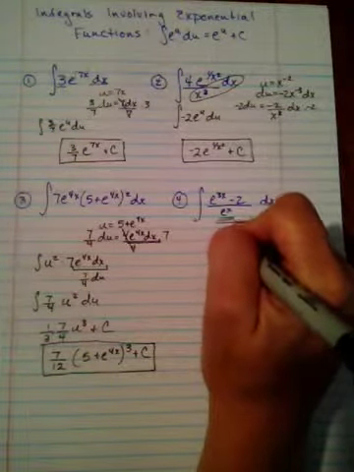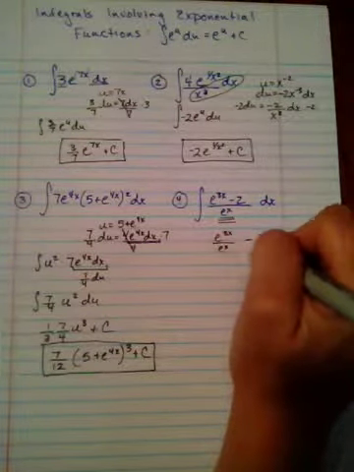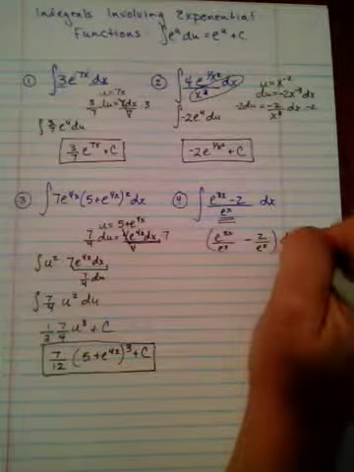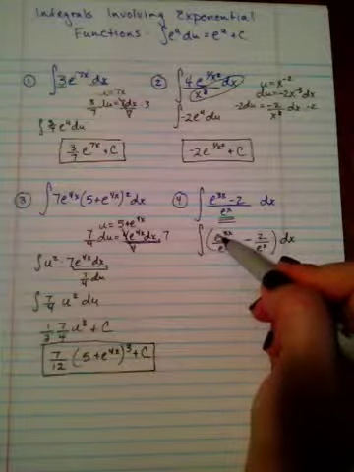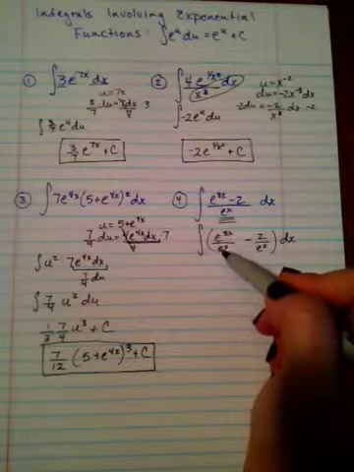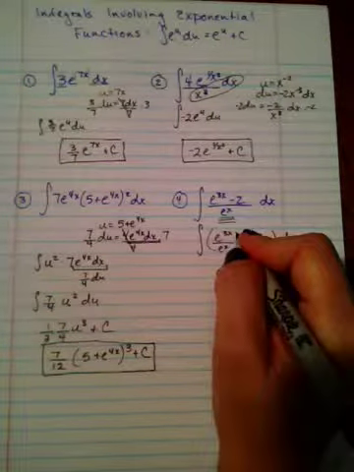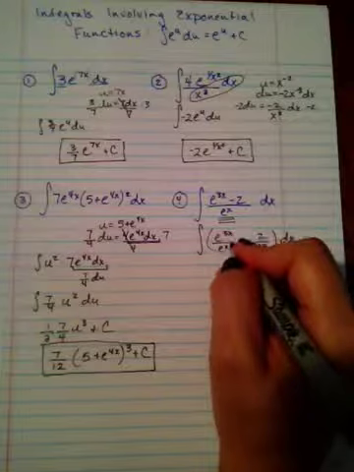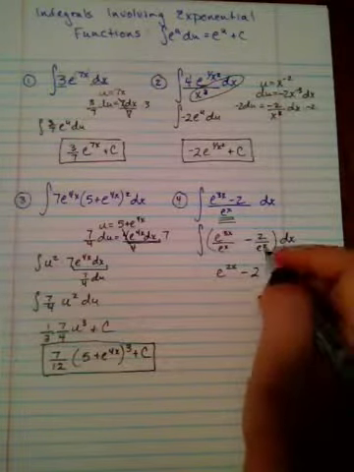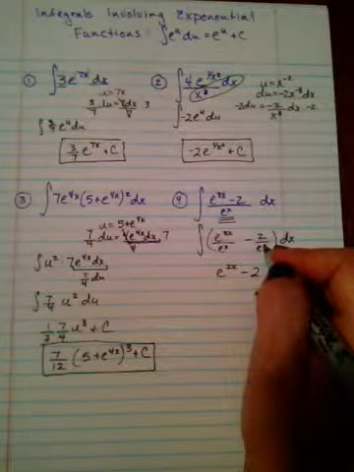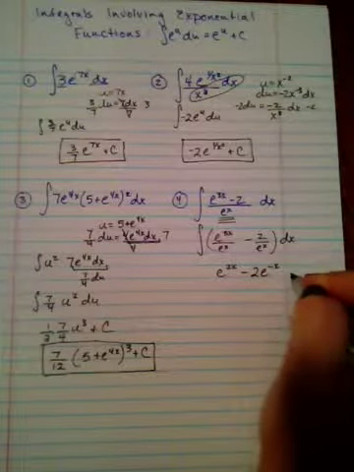So I have e to the 3x over e to the x minus a 2 over e to the x, and this is what I'm actually integrating. These are equivalent. So if I look, I'm dividing two things with the same base. They both have an exponent. I know I can subtract my exponents. So e to the 3x over e to the x, when I subtract these, 3x minus x is 2x minus a 2, and then this is an e to the x that's in the denominator, so I'm going to bring it up with the negative exponent,